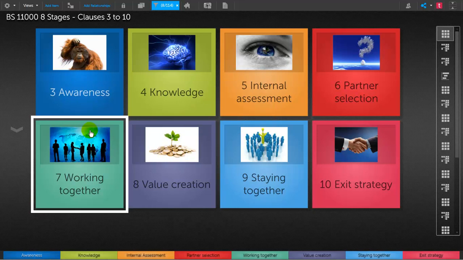And what I'm just going to show you quickly is how you can do some of the gap analysis very quickly. You can do it online with colleagues in different places and locations, or you can do it in a workshop type environment. As you can see, I'm just hovering over the working together item here, and if you notice,